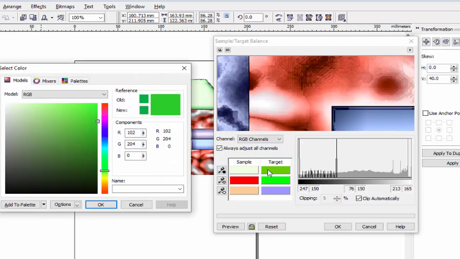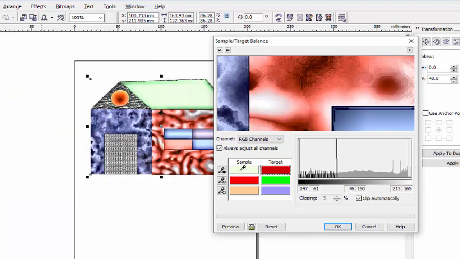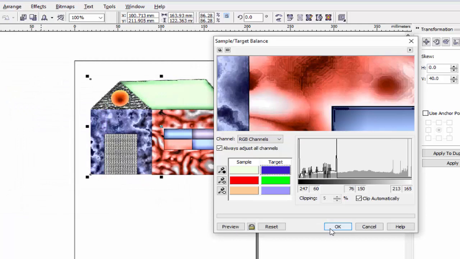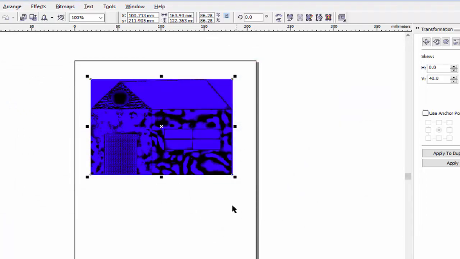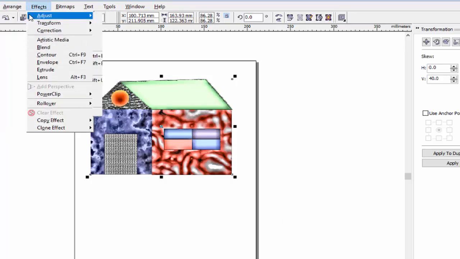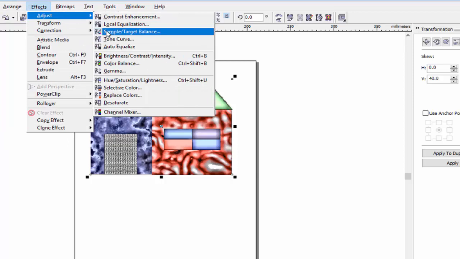Click on the target, double click, then select the color you want to fill here, then press OK and the sample color will be changed to the target color. So this is the way to change the color of your object. In effects, adjust, sample target balance is used to change the color of your object.